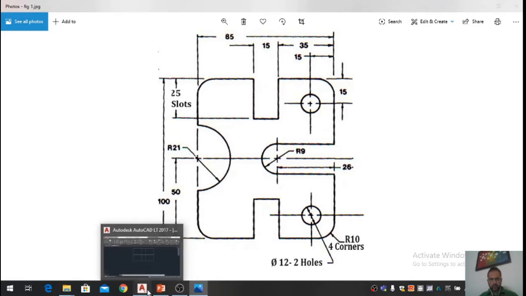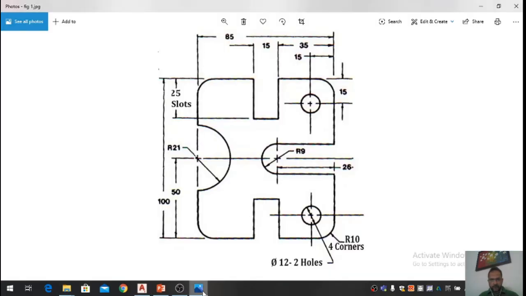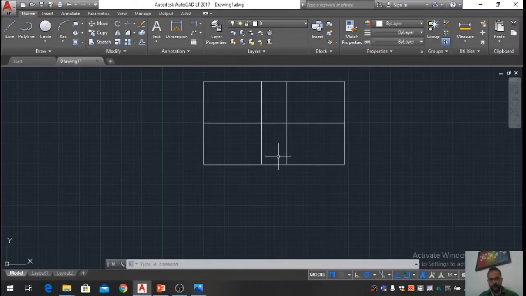We can do that also, but it's alright. Now we have to draw this semicircle with this center and radius 21, and another with this center and radius 9. So let's do it.